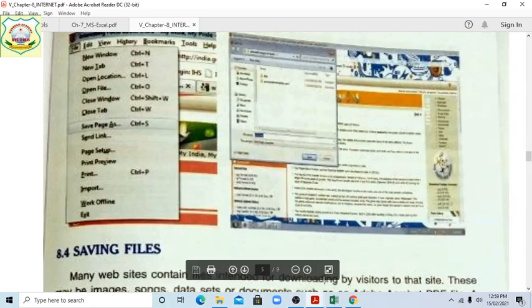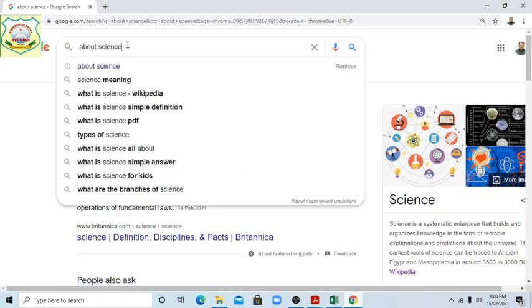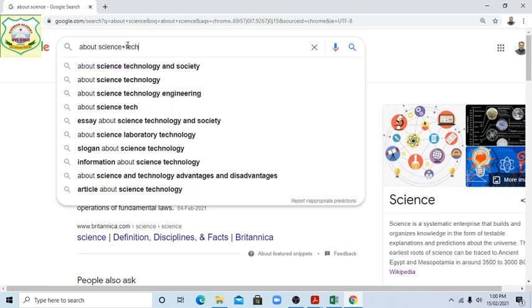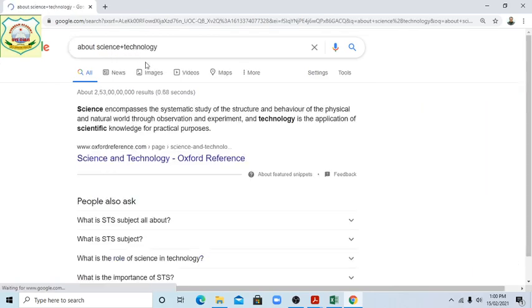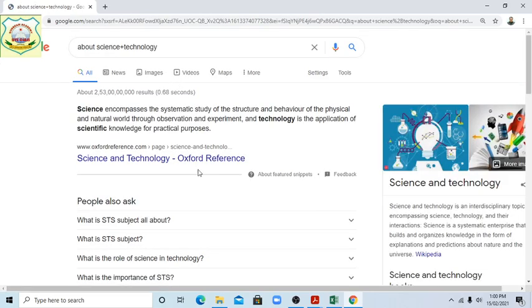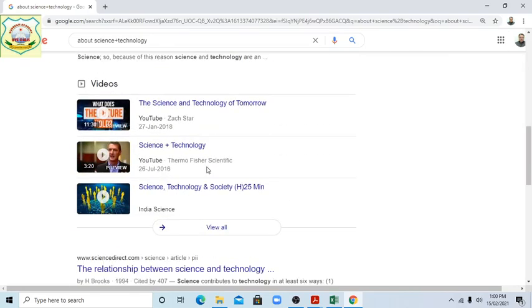Same thing here. Say, students, if you have written about science, we write plus technology. And what happens, students? See here, science and technology has come. So in this way you can search.